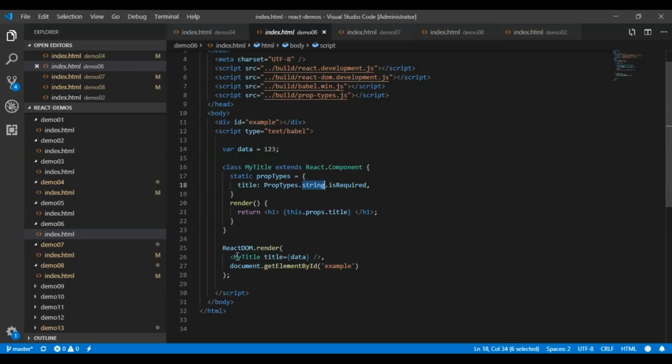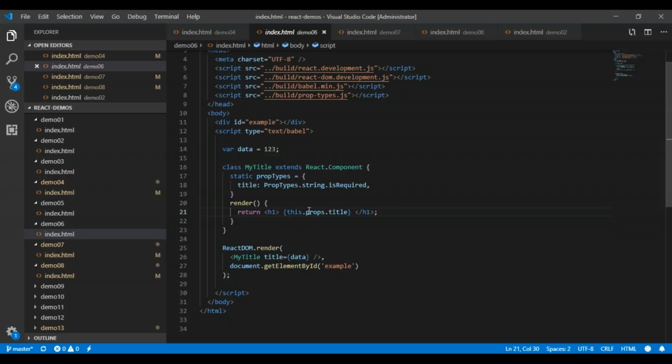So I'm calling the component with a title where I'm passing the data, and data is 123. That is how you can implement some kind of validations, or apply rules where you don't want to give the user the freedom to write anything in your component.